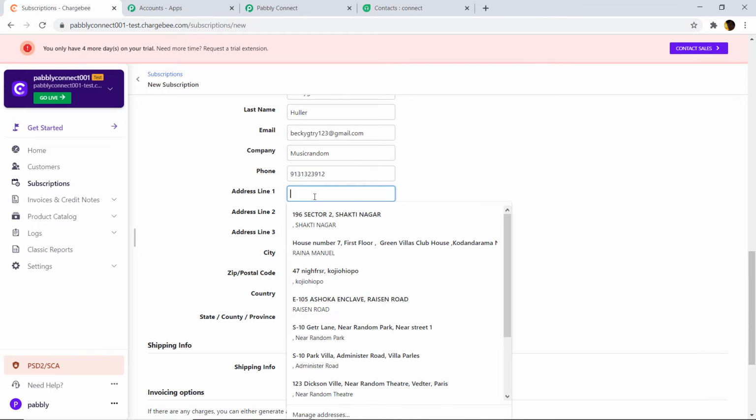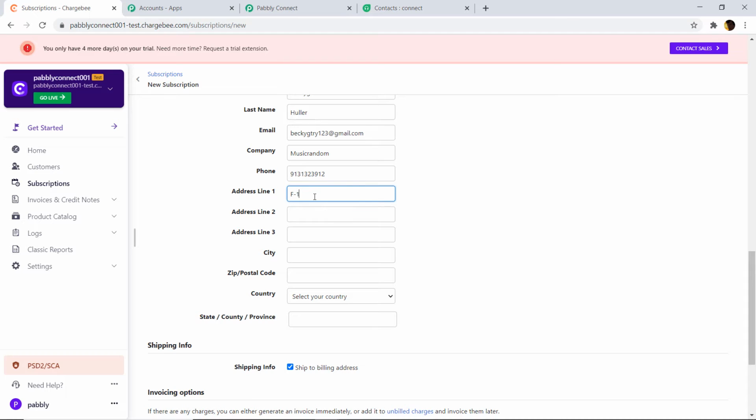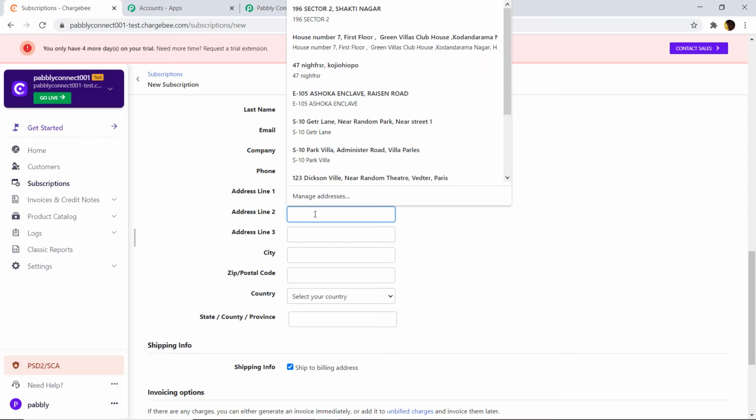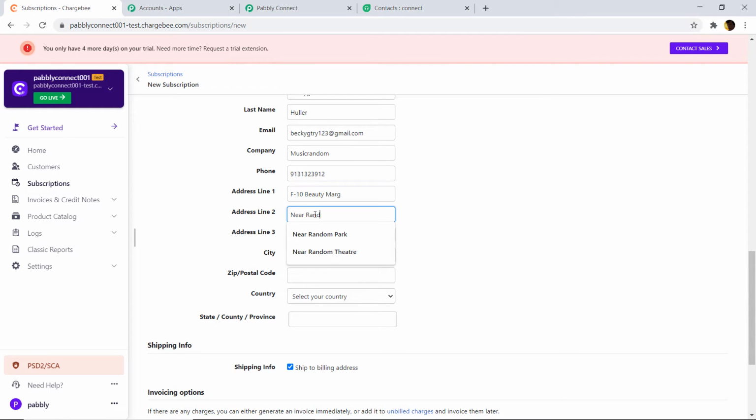Now the address line one, let's say is F10 Beauty Mark, near Random Street. Address line 2, Tisteltown.